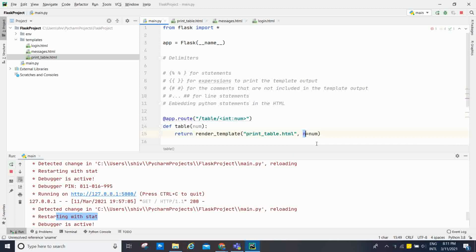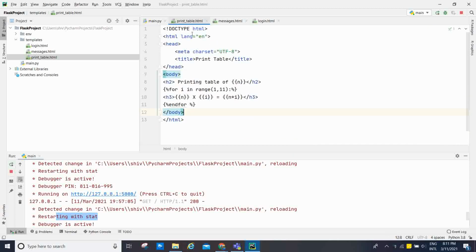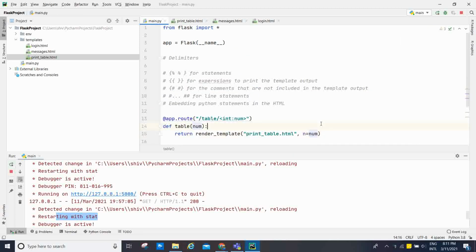Okay, this n is going to take it from here, right? And num basically is going to take as an input parameter from this method, and we are going to pass num as a parameter into the URL. Remove this one,